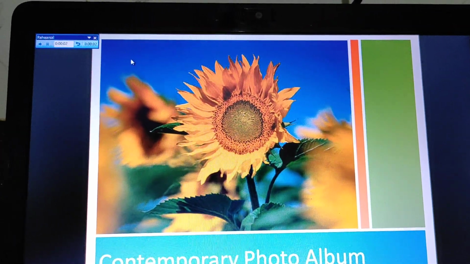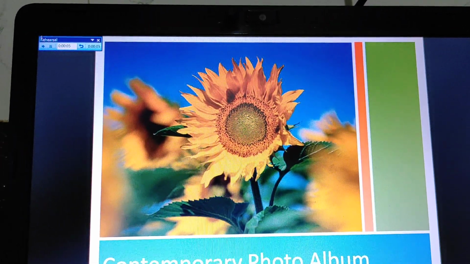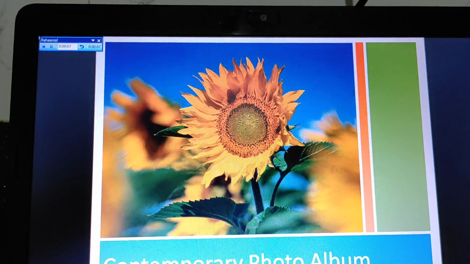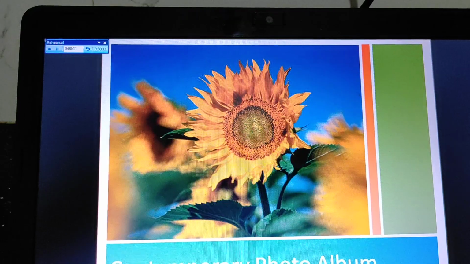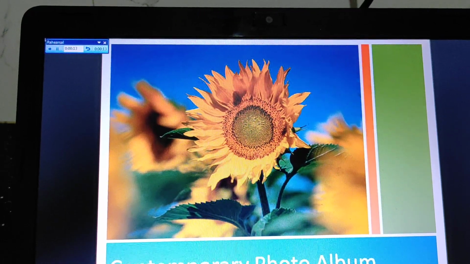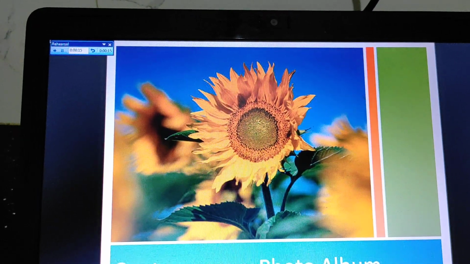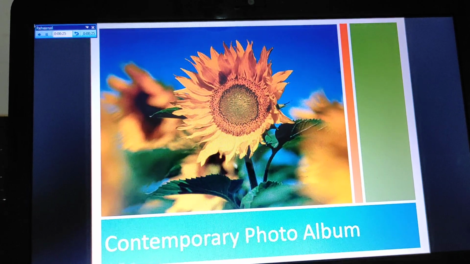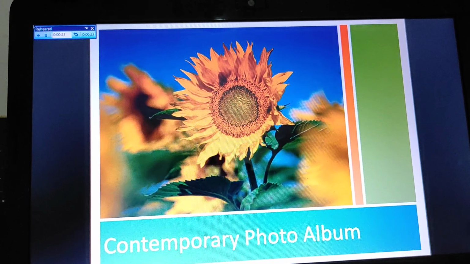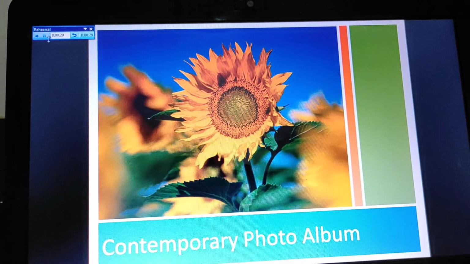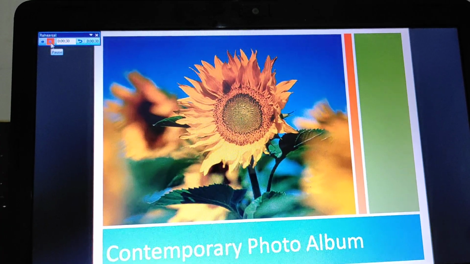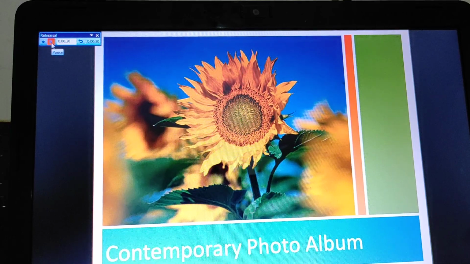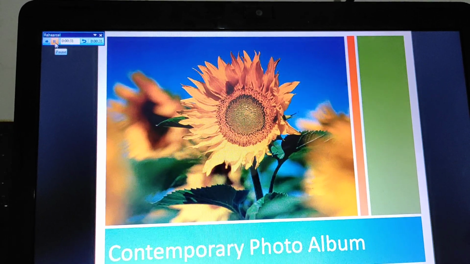Now you can see PowerPoint switches to slideshow mode. PowerPoint displays the first slide and the rehearsal toolbar. Start a timer. Wait for the time while the slide is being displayed. If you need to pause the rehearsal, you can click on pause button, this one. And if you need to restart the timing, you can click on pause button again.